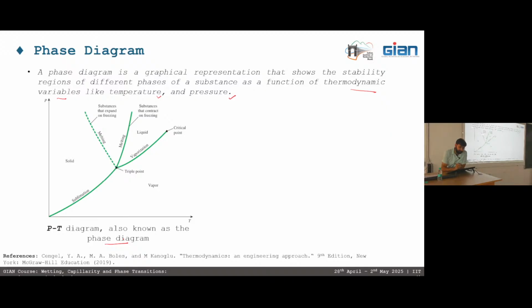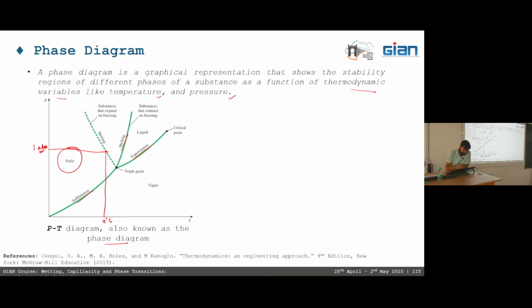In this phase diagram, the three different regions are demarcated by lines. So we have three distinct lines. One is a sublimation line, one is the melting line, and one is a vaporization line. And in all these areas we have distinct phases. If we talk about this region here, we'll have the solid phase, or let us talk in terms of water. Let's suppose that we are presently at 0 degree centigrade and the pressure is 1 atmosphere. So it will be somewhere here. It is 0 degree centigrade and this is your 1 atmosphere.